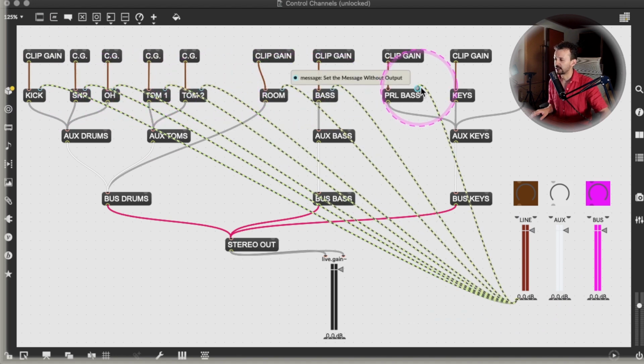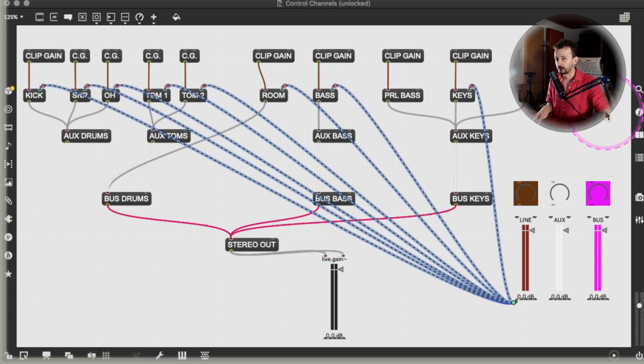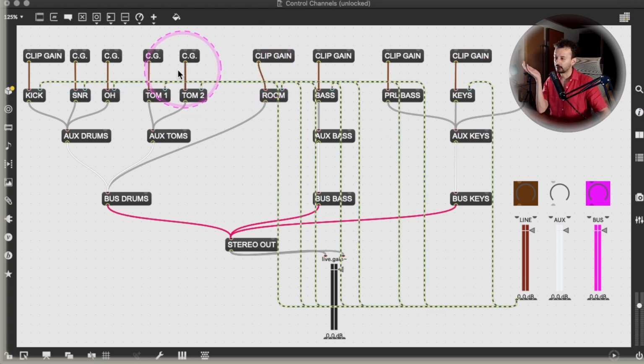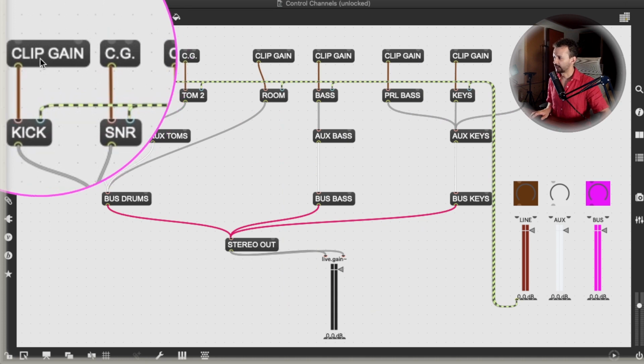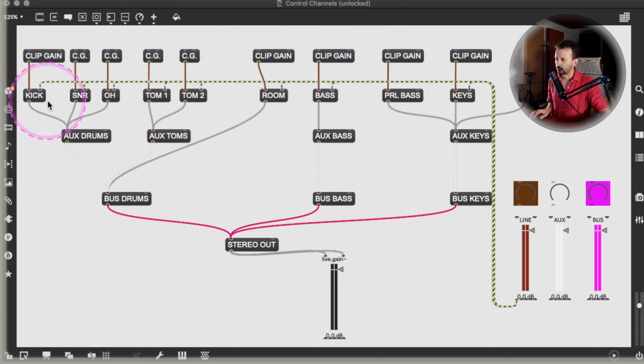But remember, your first volume control is actually your clip gain. So this is a way of some sort of gain hierarchy for your mix. This way, if I need to move the clip gain, I can reach here. If I need to pull or push all of the audio channels into the auxiliaries, then I can use this